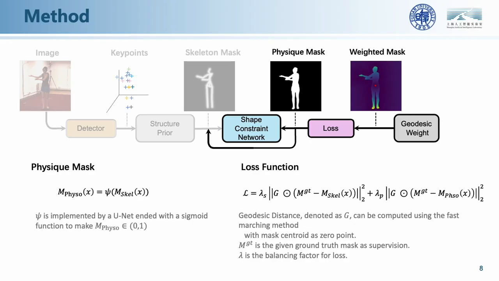Additionally, joints further from the root of the kinematic tree are more challenging to estimate due to the increased dynamics. To this end, we employ geodesic distance as a tool to augment the representation. The mask region is weighted differently based on its distance from the mask centroid, and the distance from the mask edge for the background region. Geodesic weighting is then integrated into the final loss function.